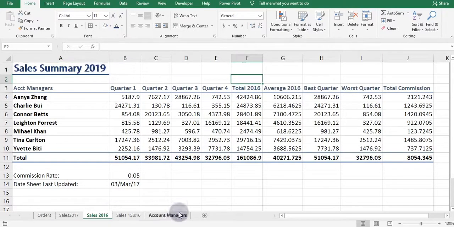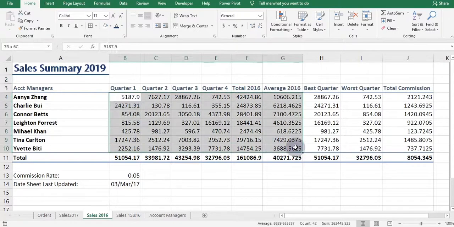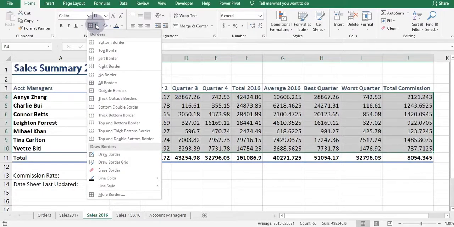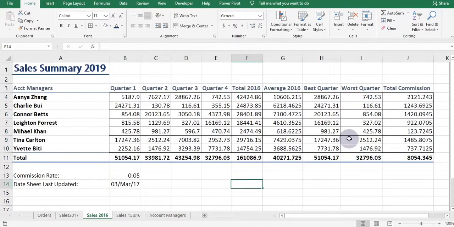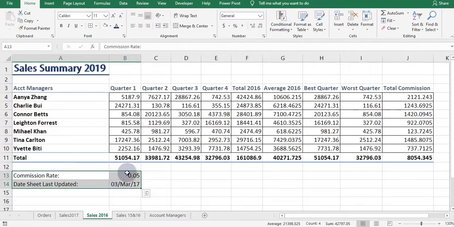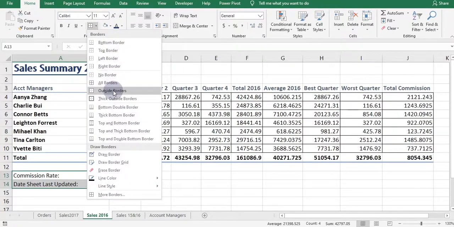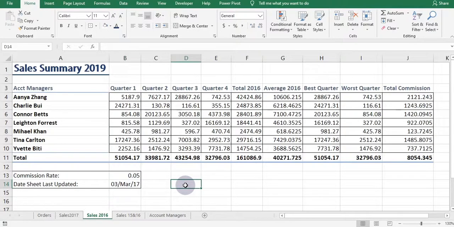And then you can see over here it looks good. Yeah, so now I want it to be more presentable, so for that I will first select my data, then go to this font group, and then this little window that we can see over here is border. So for this I will click over here, then go to all borders, and yeah, now look at it, it looks much better. And for example, I just want the outer borders to be here, not filled in completely. Now again, by selecting the data, I will then go over here, then simply go to outside borders. Perfect.